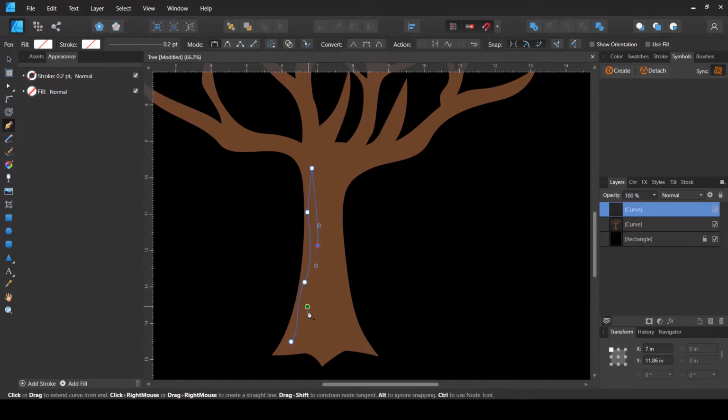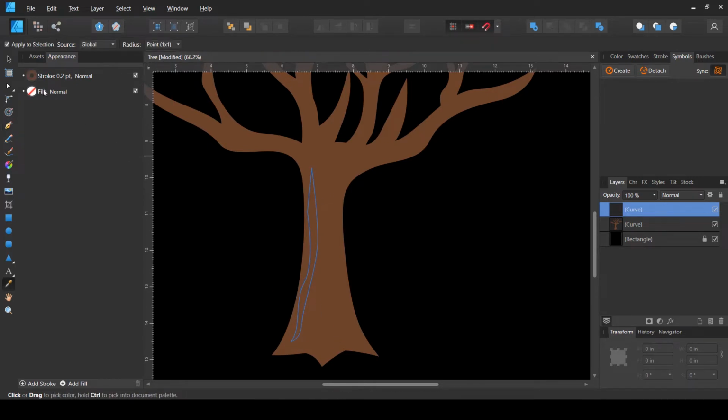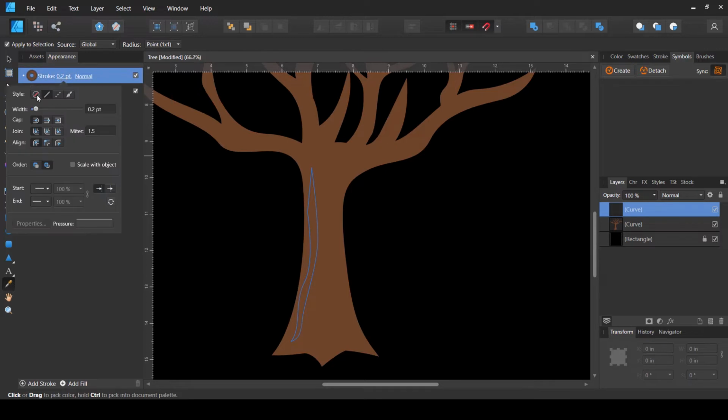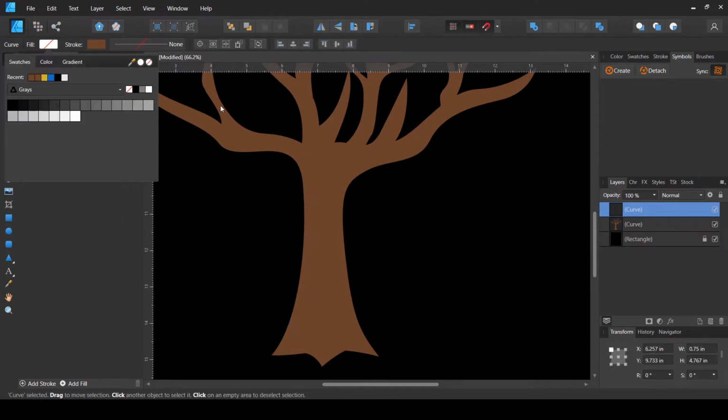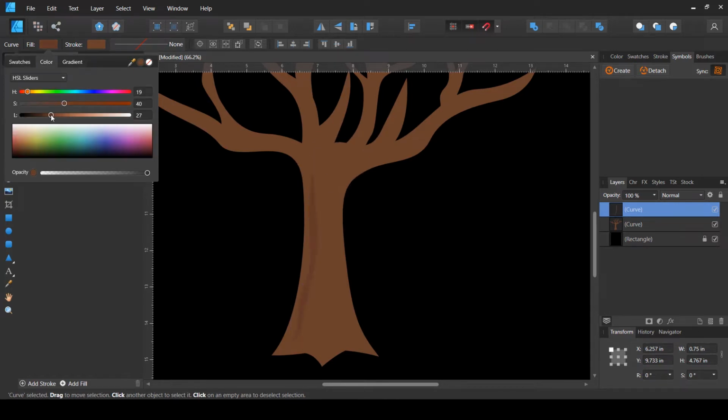It doesn't have to be anything specific, so just random, somewhat like that, and maybe make it a little bit more darker. Let me just cancel the color and use the fill and choose this color, and then make it slightly darker, somewhat like that.